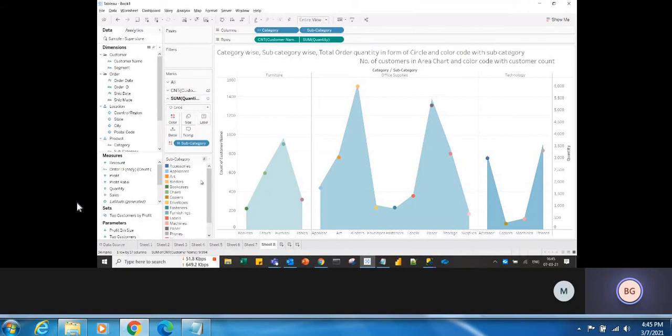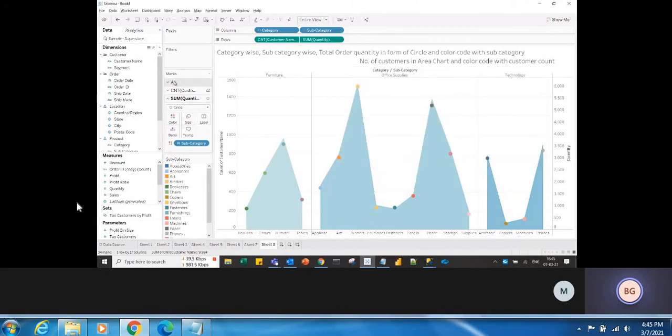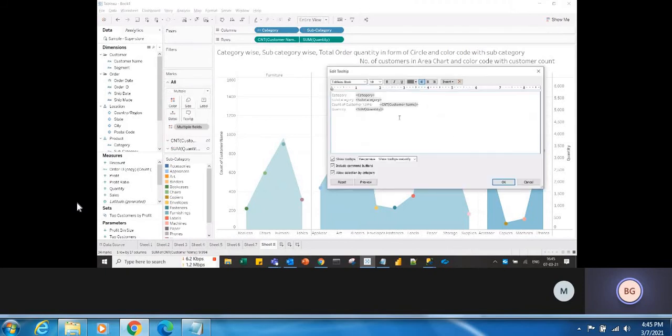Okay, so go to the tooltip option here, right? Each marks card will have its own tooltip. So just click on the tooltip and copy this entire thing. Or else go to the All marks card, go to All here and copy all of this. After copying, remove it.